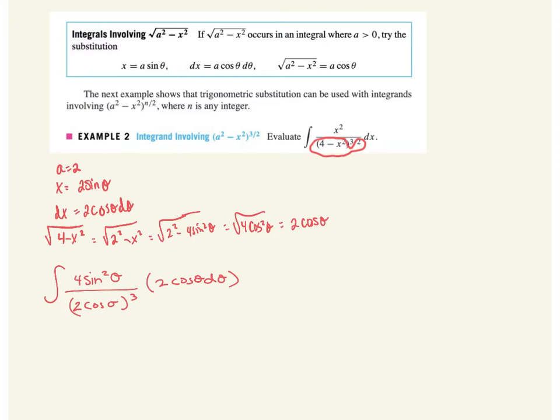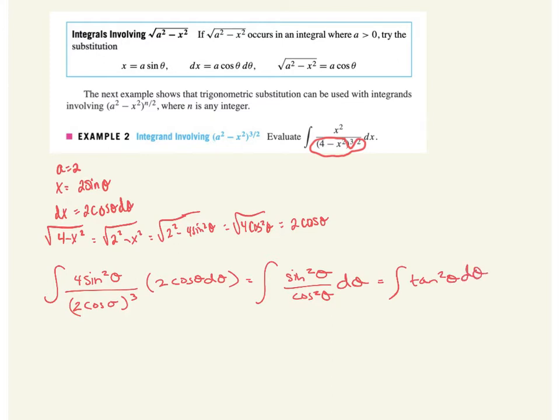So I really have integral. My coefficients, my numerator would be an 8. My denominator, 2 cubed, or 8. So that actually cancels out this time. A cosine in the denominator is going to cancel out with the cosine from the dx substitution. So I'm left with sine squared theta over cosine squared theta d theta, which is equivalent to tan squared theta